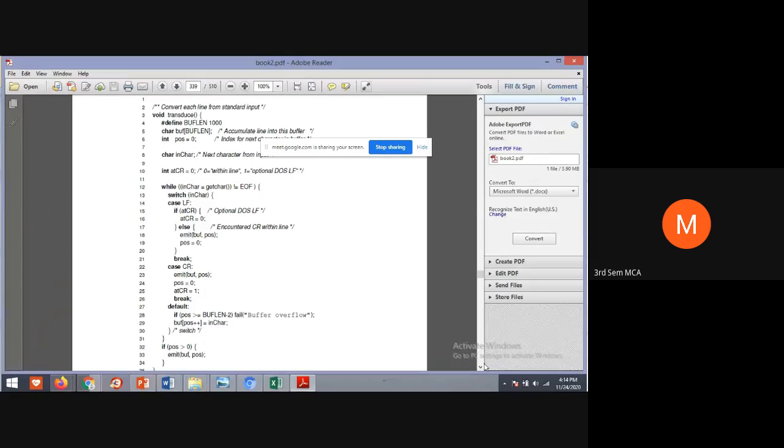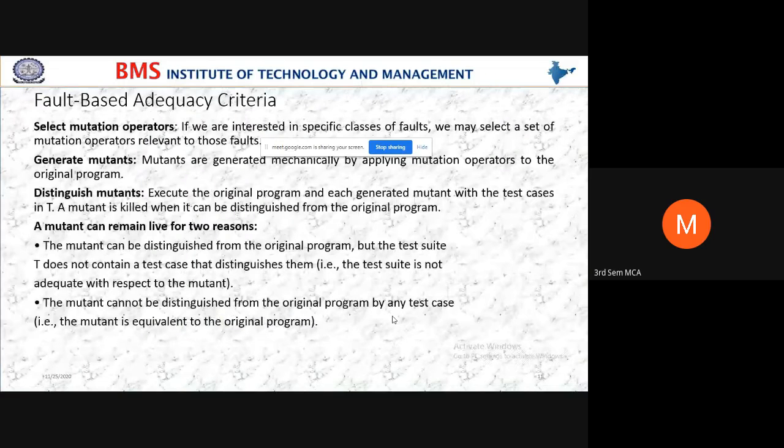So here is a small code snippet they have given. It is just a simple program. Next we have fault based adequacy criteria. Fault based adequacy criteria. Adequacy means